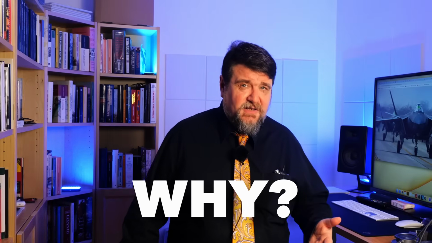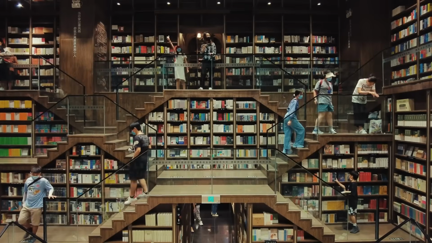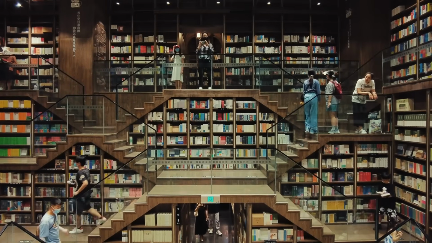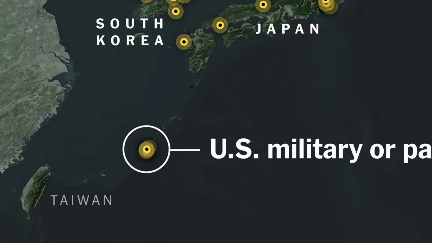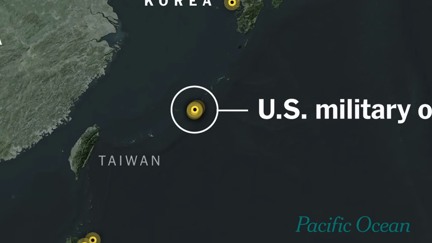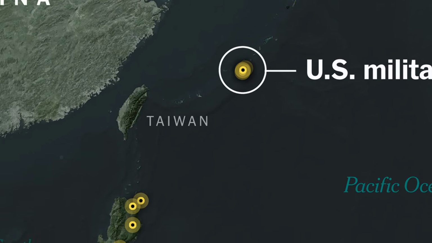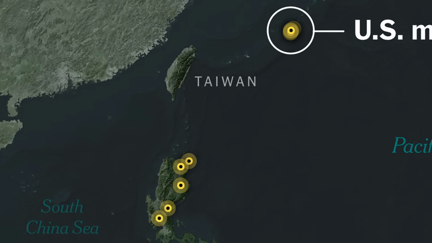So why did the Chinese develop this aircraft? According to Chinese sources, which I trust more than Western pundits, the aircraft is a symmetric reply to the F-22. Its mission is air superiority on the waters of mainland China. It is not an interceptor, it is not a strike fighter, it is an air superiority fighter. And this is typical Chinese, planning for a symmetric and an asymmetric reply at the same time. The asymmetry in this case is the rocket force that can attack US bases and destroy the aircraft on the ground,